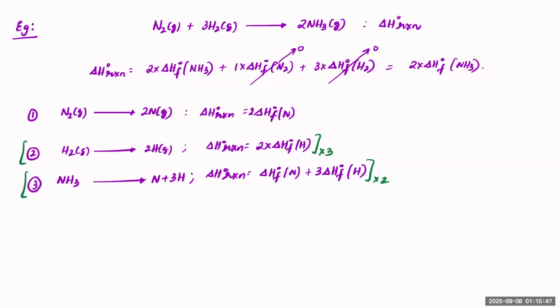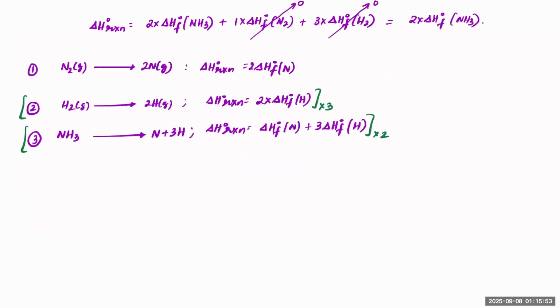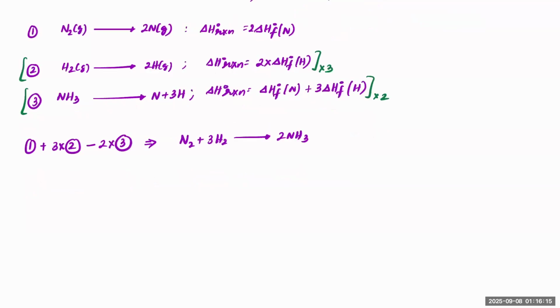And thereafter, I have to add these two equations and subtract the third equation, correct? So just think in terms of addition and subtraction of the equations. So, 1 plus 3 times 2 minus 2 times the third equation. That would give us N2 plus 3H2 giving 2NH3. Now, in terms of energy, what is it that you're adding? You're adding 2 times delta H naught formation of nitrogen plus 6 times delta H naught formation of hydrogen